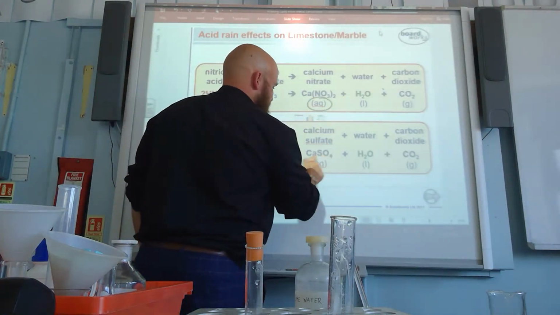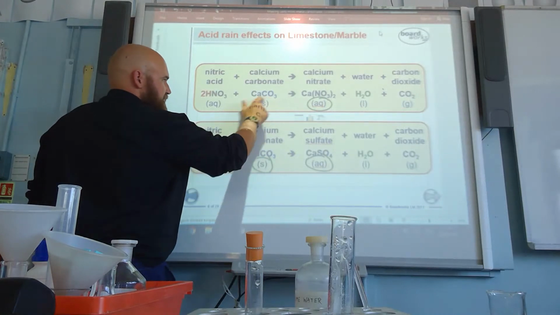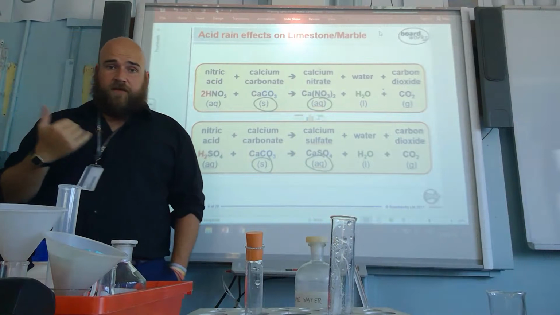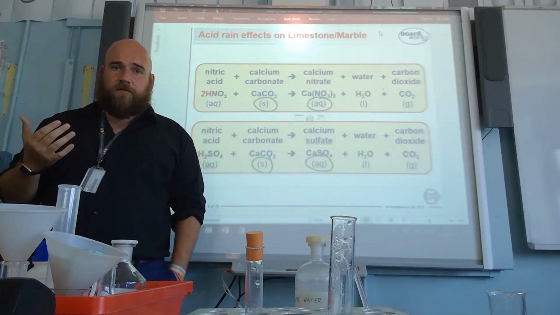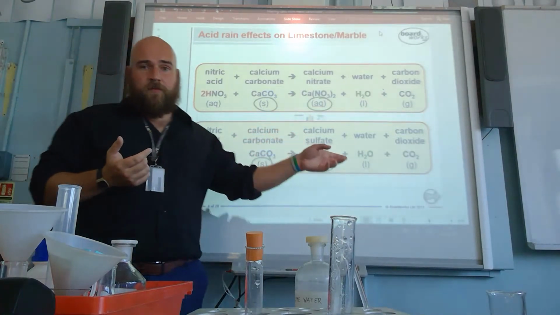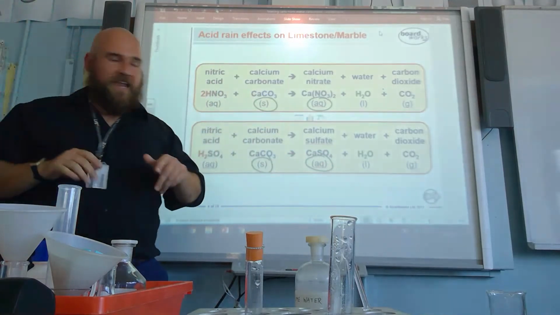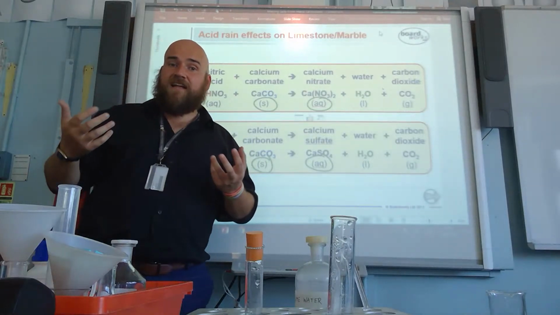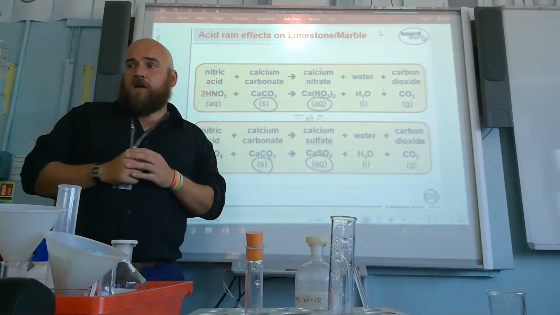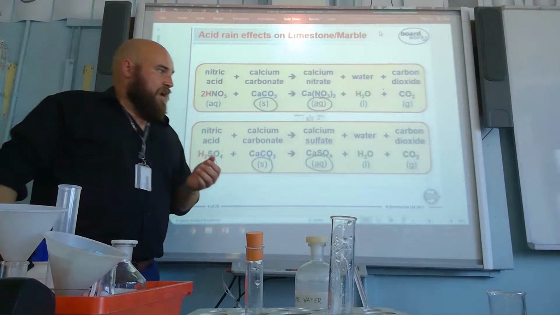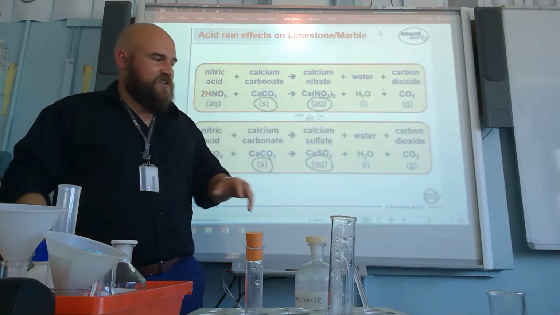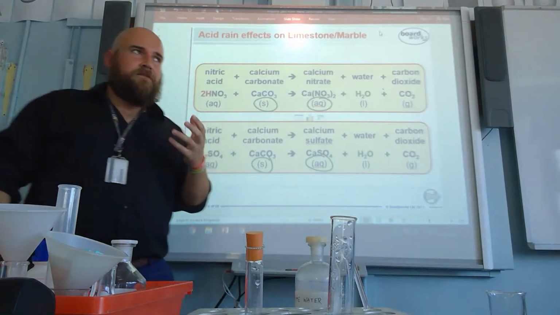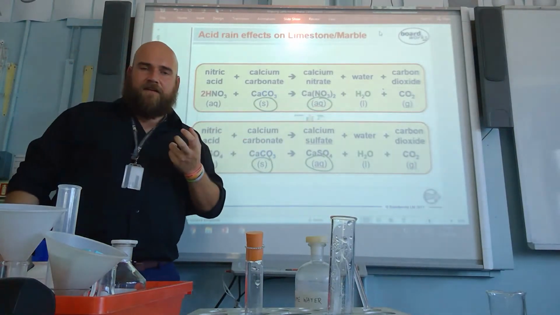Look, that's what's happened. We've gone from a nice solid calcium compound, which doesn't dissolve in water. Calcium carbonate is insoluble, and it's turned into a soluble one. So now when it rains again, these things are just going to wash off, right? Which is why the features on those statues are starting to weather more due to acid rain. If you got close enough to one of these statues, you'd actually see the carbon dioxide being released as well, right? Because like I say, it'd be a very, very slow, sustained period of time that this